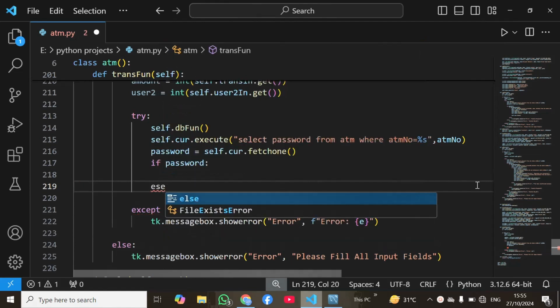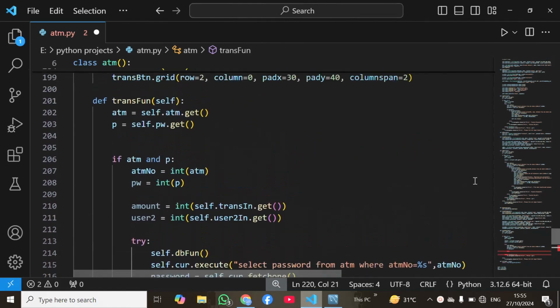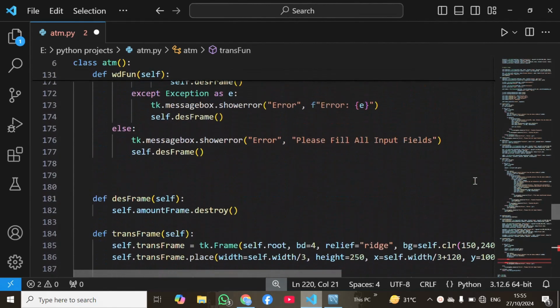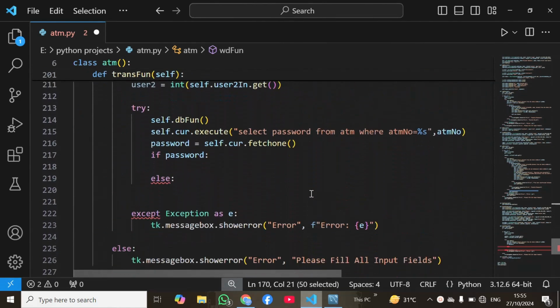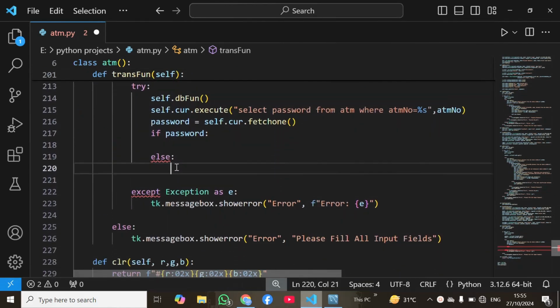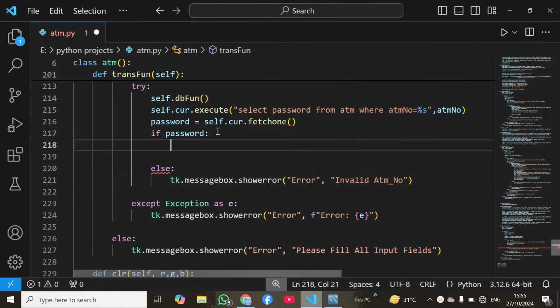So here I have to use else, and here I have to use "invalid ATM number". So where is this message? I will copy this from here, and now I will paste it here. Next I have to go inside this if condition, and here I have to use again a nested